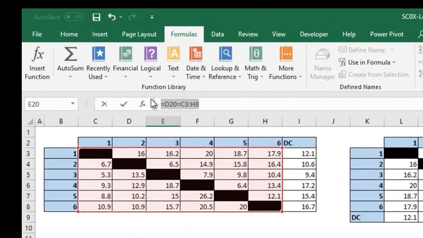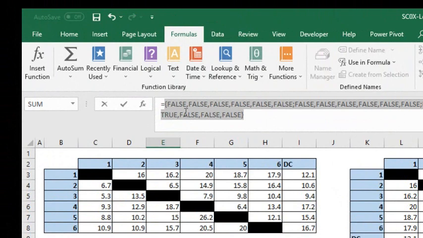And if I highlight this and push F9 on the keyboard, you're going to see a lot of true and, well, you can see a lot of falses show up. And then you're going to see one true here. And so really what it's doing is it's taking that 15.7 and it's comparing it against all these values in this table. And all these values that are not 15.7, it's returning false. And then this one true here,